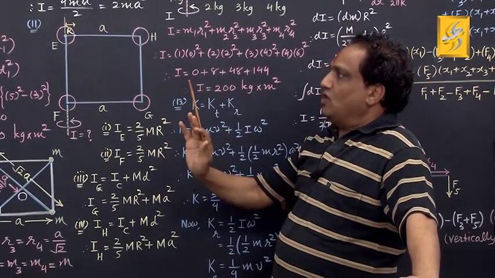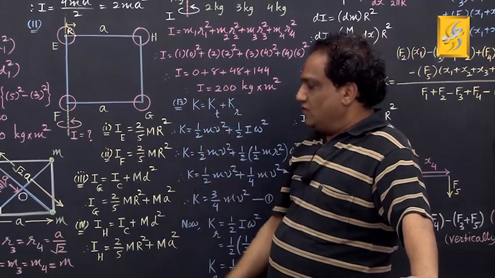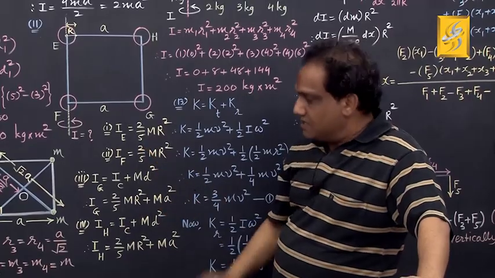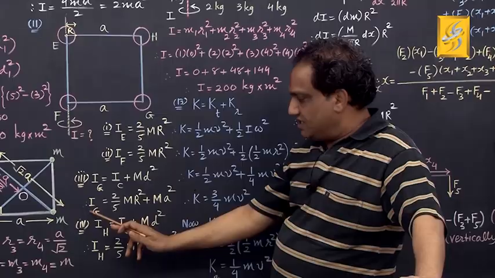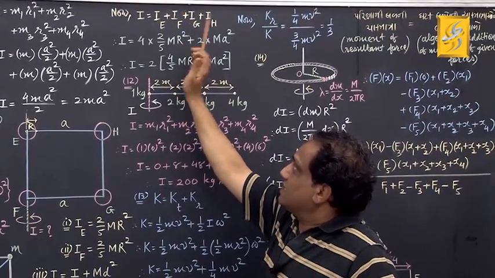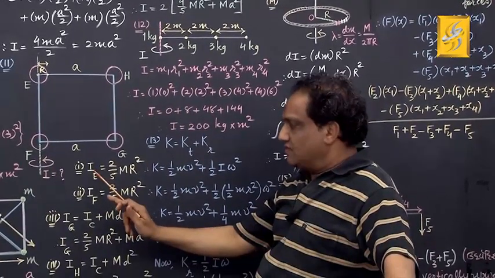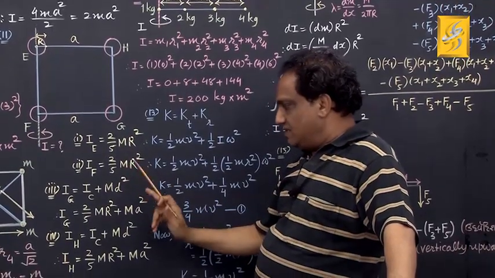Now tell me, because we are interested in finding out moment of inertia of entire system, we should make addition of all these component moments of inertia. Come on, you should take addition IE plus IF plus IG plus IH. IE plus IF plus IG plus IH, let it be I. Now, when you make addition this way, this plus this plus this plus this,